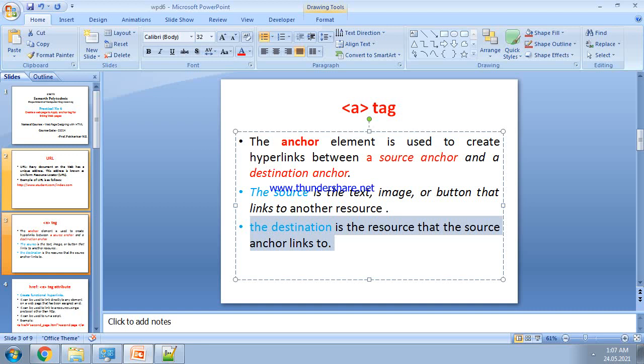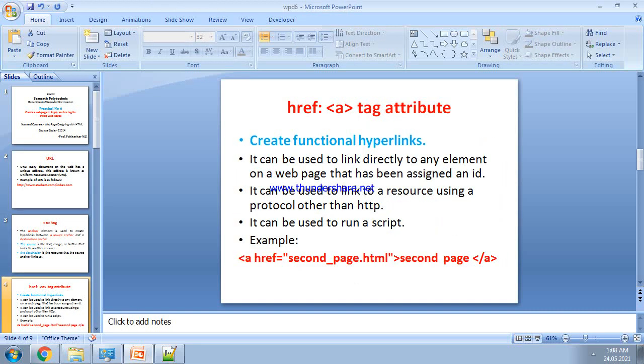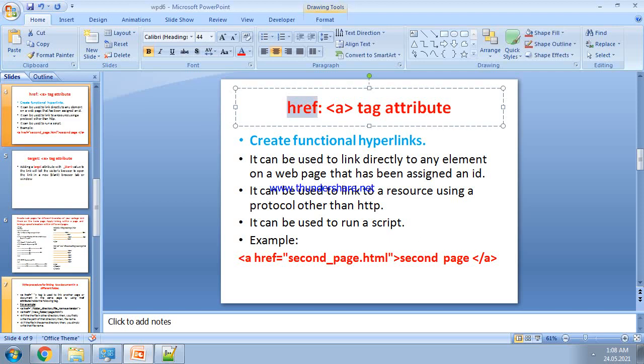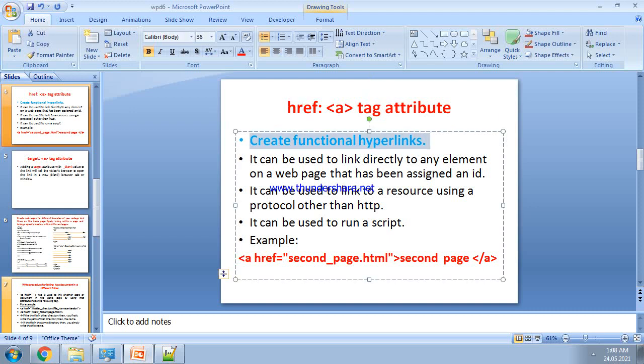Let us understand all this concept using an example, but before that let us study the important attribute of the anchor tag, that is href. The href attribute creates functional hyperlinks, and it has many uses. It is used to link directly to any element on the web page that has an assigned ID.